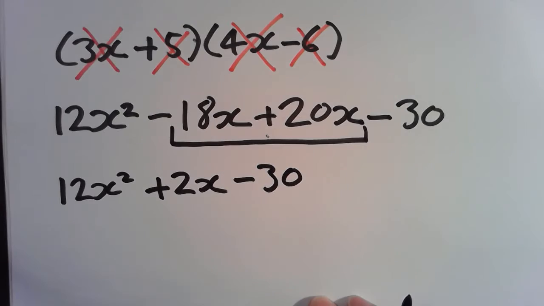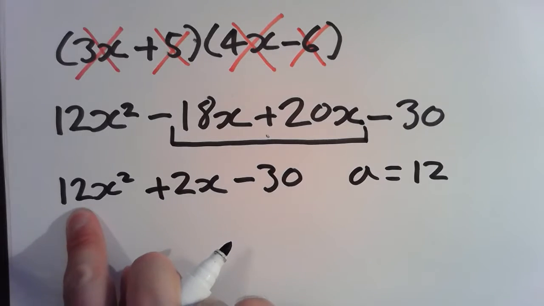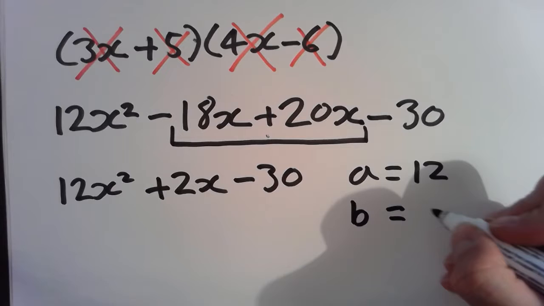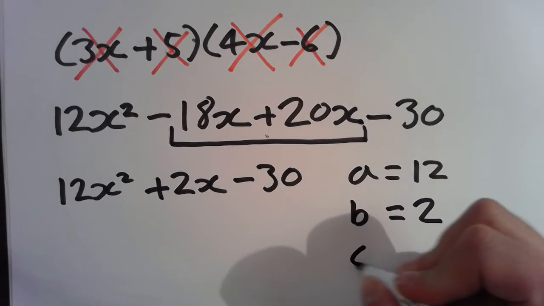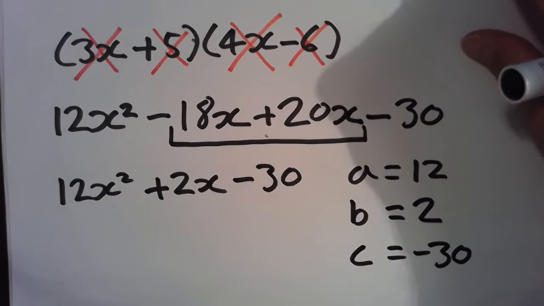And let's just remind ourselves of those a, b, c's of this quadratic equation. So a equals 12 because that is the number in front of the x squared, b equals 2 because that is the number in front of the x, and then the units at the end are c, and that is minus 30. I'm going to do one more question,